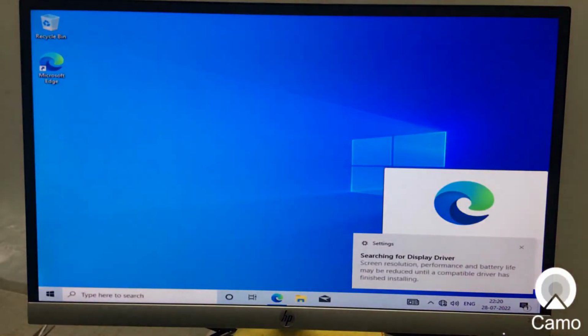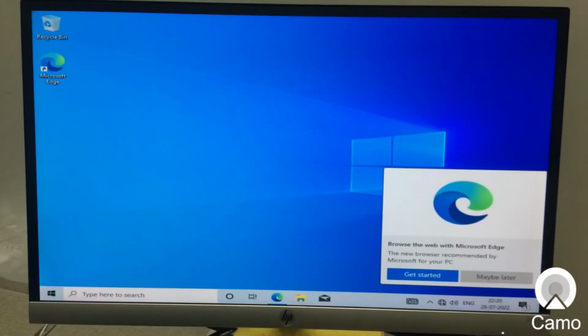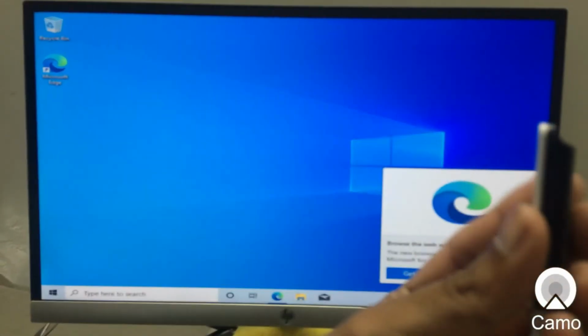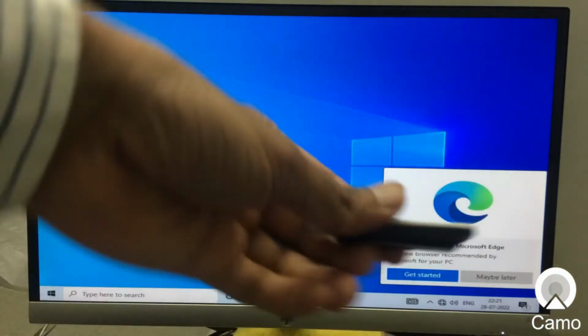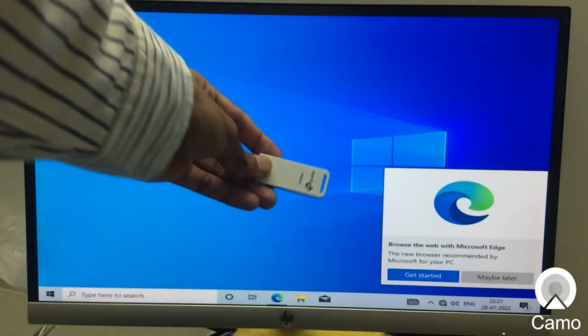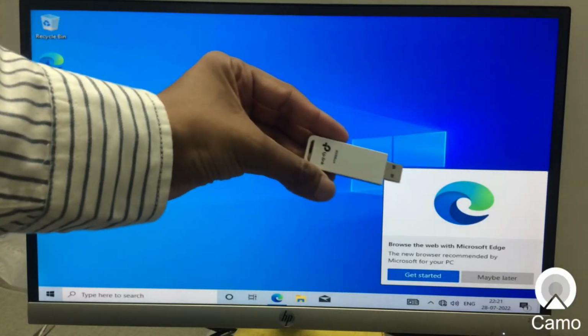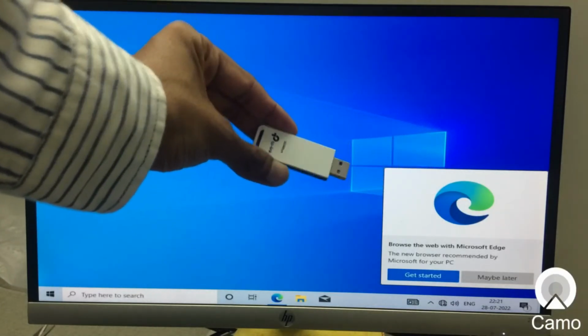And finally, we have our Windows 10 installation complete and Windows desktop in front of us. At present, within the system, we have default drivers installed that come with the Windows 10 USB drive. So, we have to download drivers based on our system configuration, and for this, we have to connect our computer with the internet. I have a normal CPU, so it does not have Wi-Fi inbuilt, so I have to use an external Wi-Fi stick with the system,